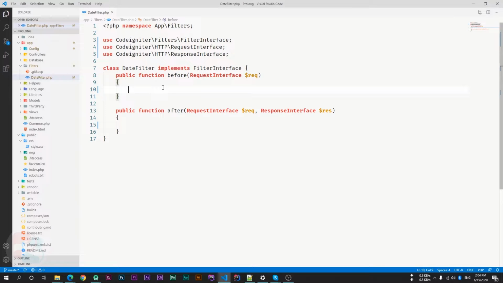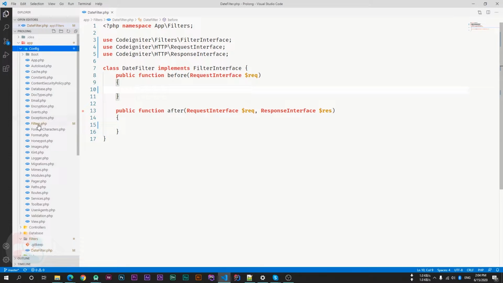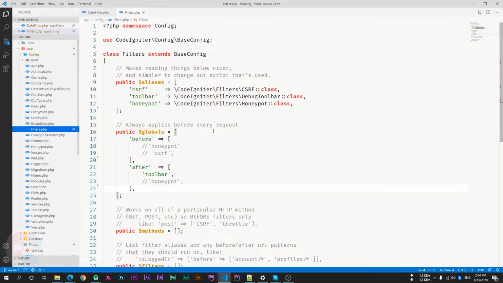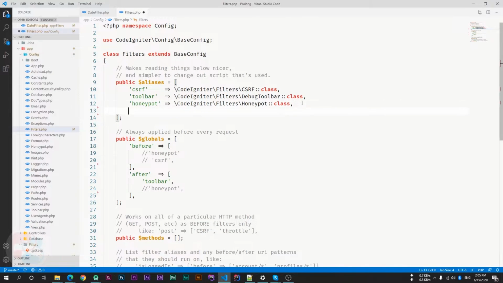Now we have to configure this in our project. Go to your config folder, then go to the Filters.php file, and inside the aliases variable we have to declare our date filter. We create an alias for our date filter so we don't have to use the full path again and again; we can simply use the alias.